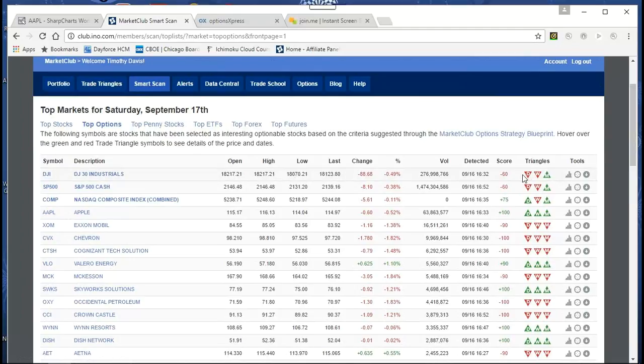As you can see, this first one is Dow Jones Industrial. It has a red daily triangle, a red weekly triangle, and a green monthly, which means the longer term trend is up. However, the daily sell signal and the weekly sell signal have already kicked in. So if you had money to actually trade this, when you got that red daily and red weekly, that's a good time to buy a put option. If you look at the charts,